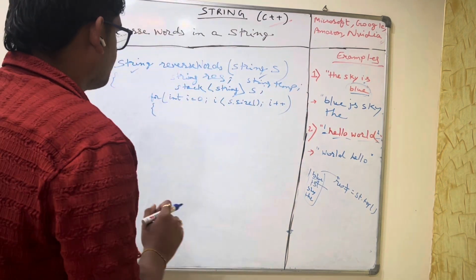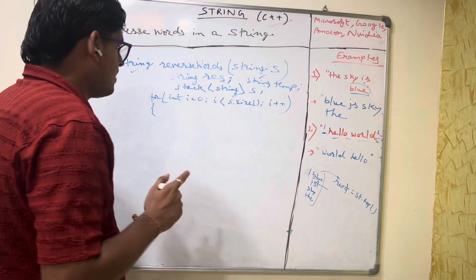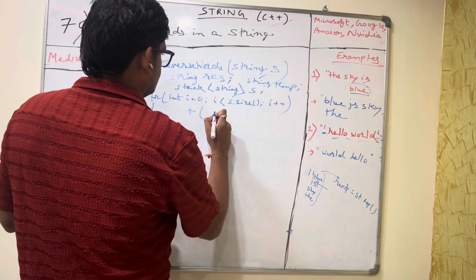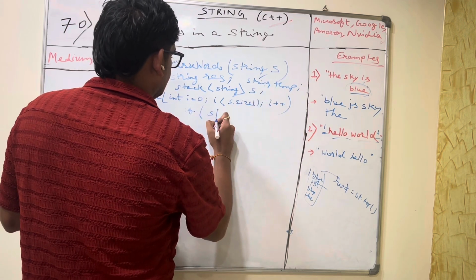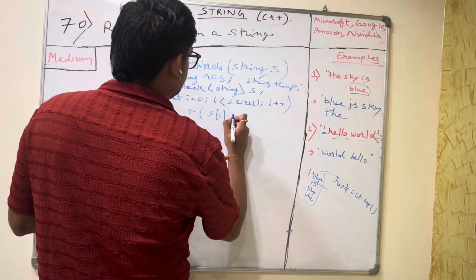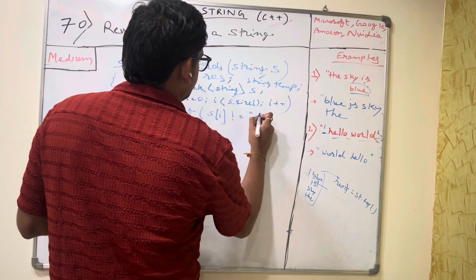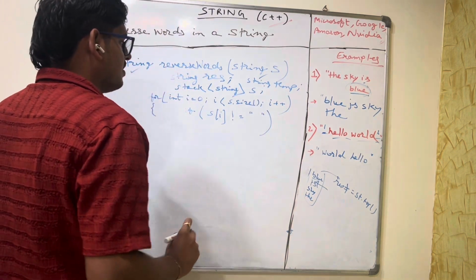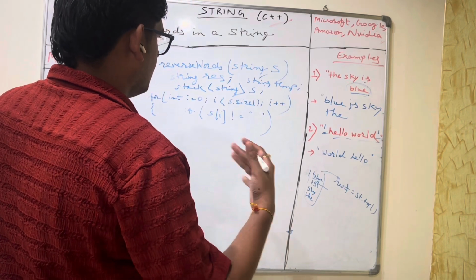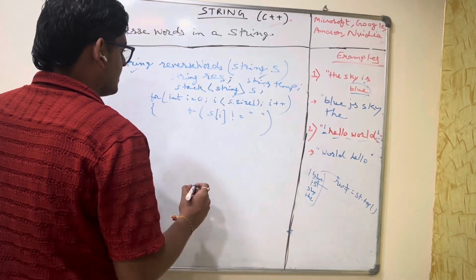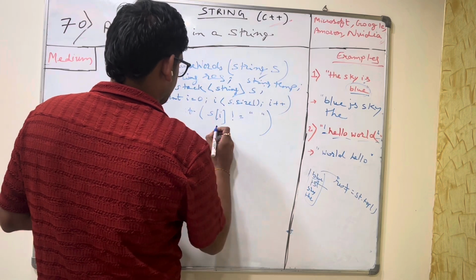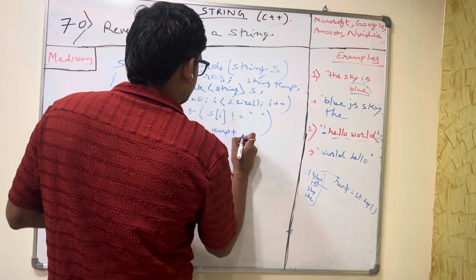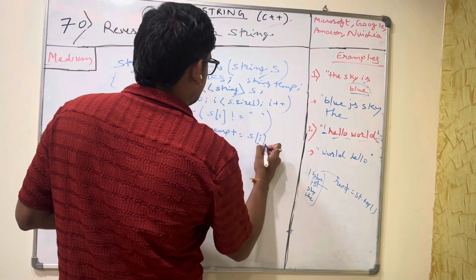So how do we extract the word from the string? What we can do, if the string Si is not equal to space, okay, if there is no space here, then we can add it into temp. If Si is not equal to space, then we add into temp, temp plus equal to Si, but till